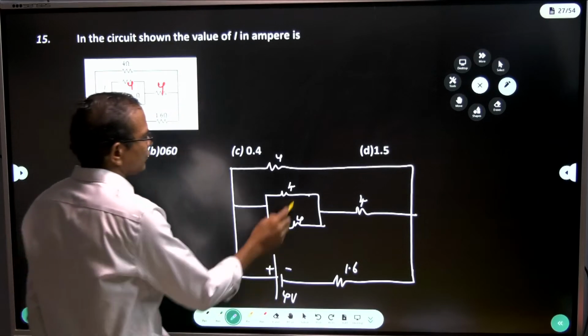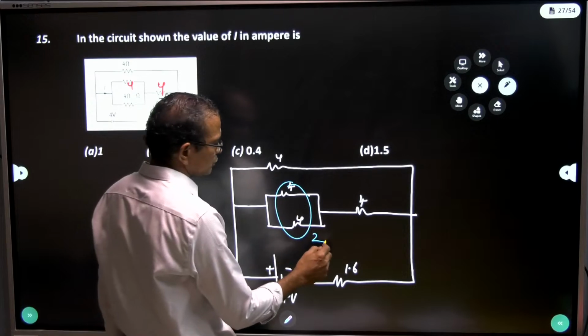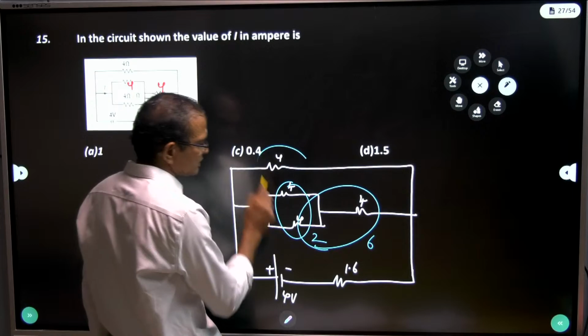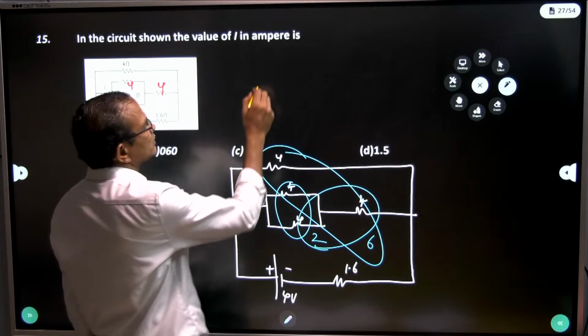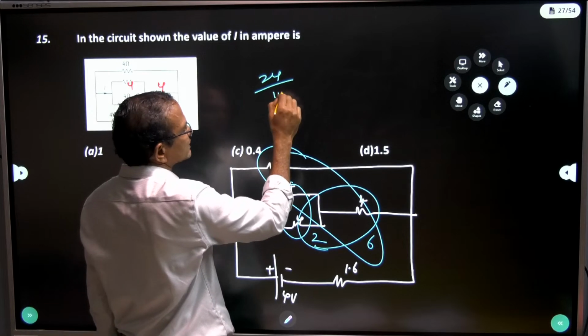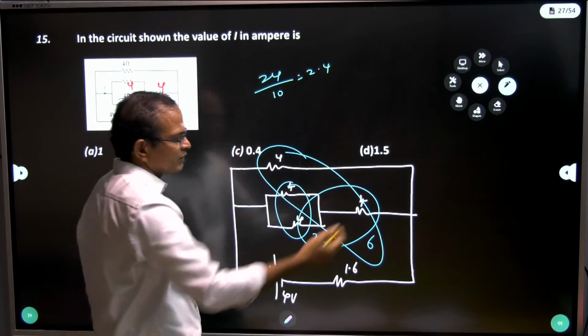Right, 4 parallel 2, 2 series 6, 6 parallel 4 into 6 divided by 4 plus 6, 2.4. Therefore, the circuit becomes,